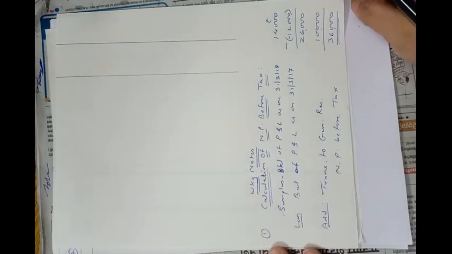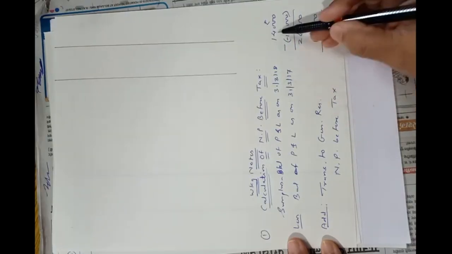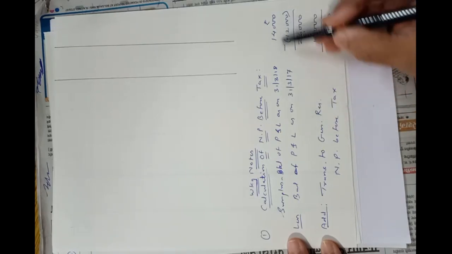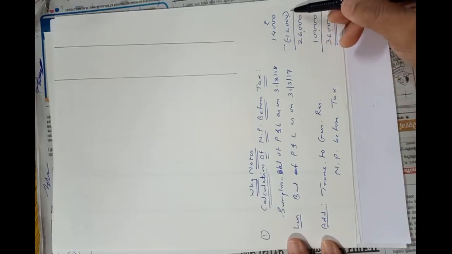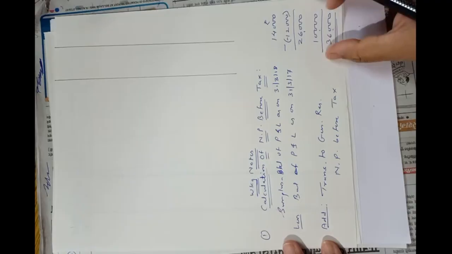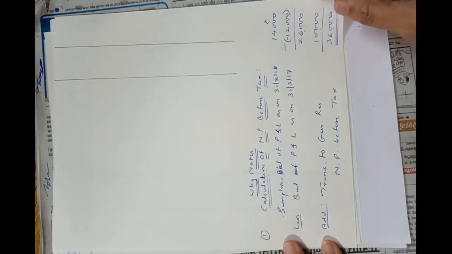As no other provisions are given. Okay, so this is net profit before tax. हे कळलं ना तुम्हाला? 14,000 हा 31st March 18चा बॅलन्स आहे. मायनस 12,000 मीन्स 14,000 प्लस 12,000 इज 26,000. मायनस मायनस प्लस. ओके,